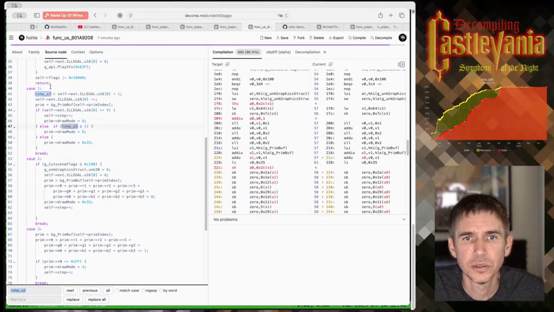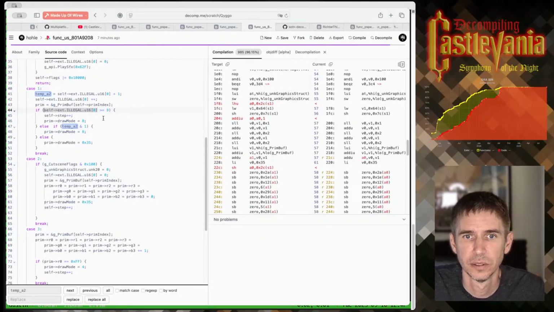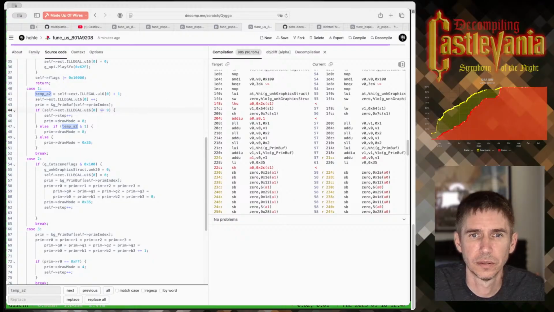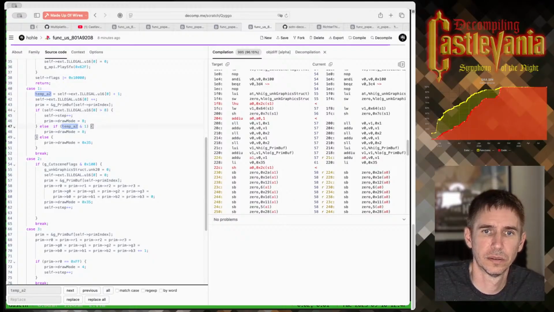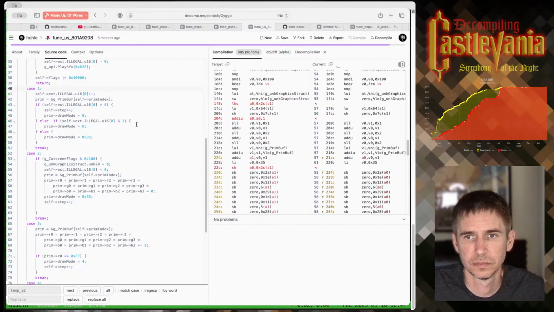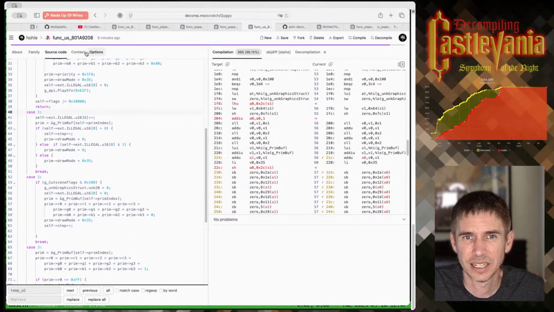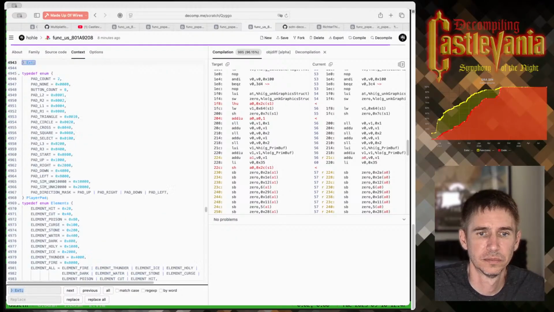What is temp A2? This is our timer. So that's what's happening here. If we're greater than 8, we're going to increment the step, set the draw mode. I don't have the draw modes memorized, so I don't know what they are offhand. It's possible that these are signed. Doesn't look like it. So I'm going to go try to find a timer.